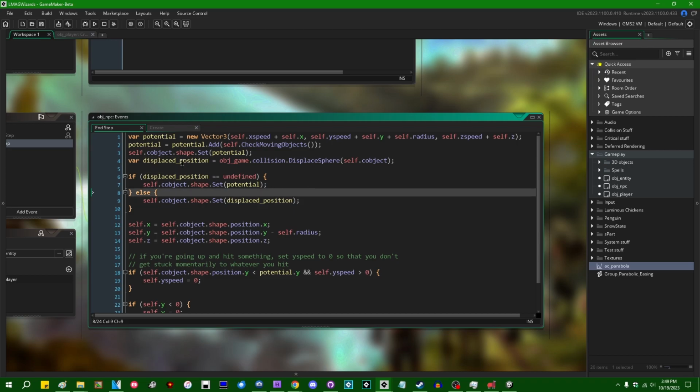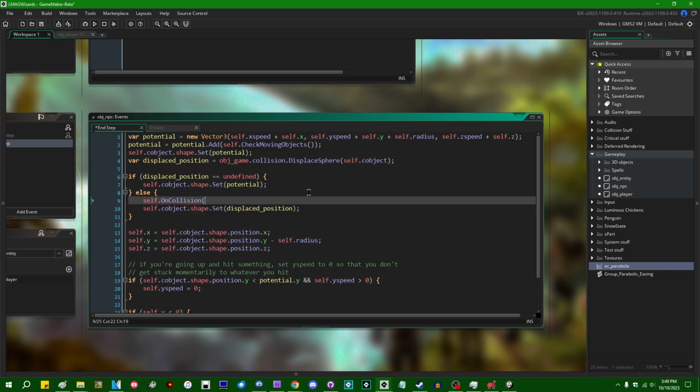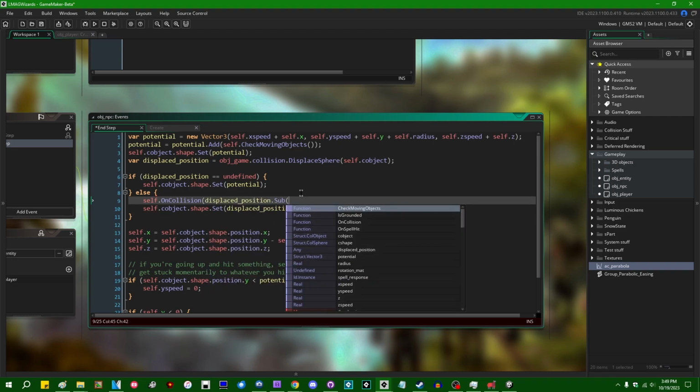The displacement vector can be the displaced position minus the shape's original position. So let's say self.on collision, displaced position dot subtract